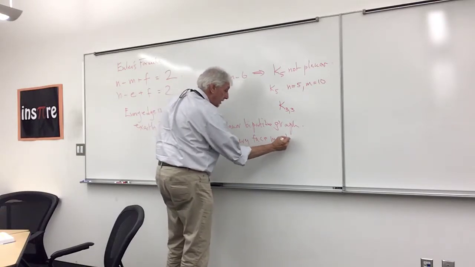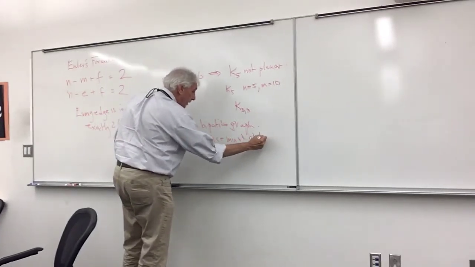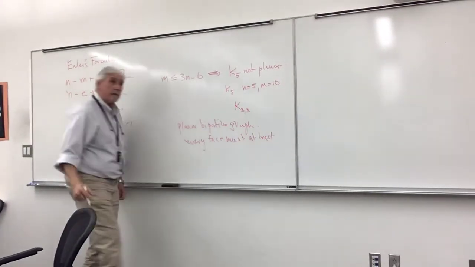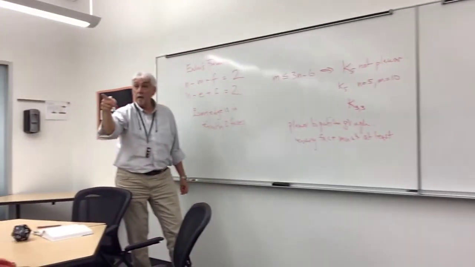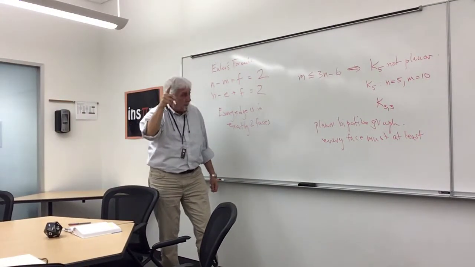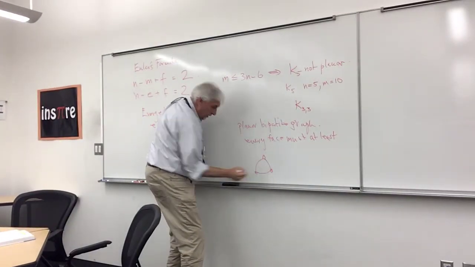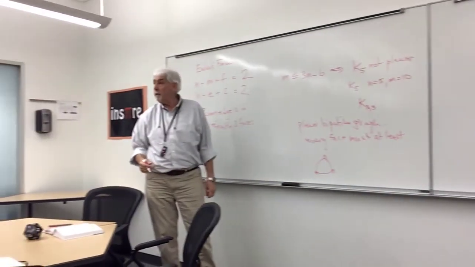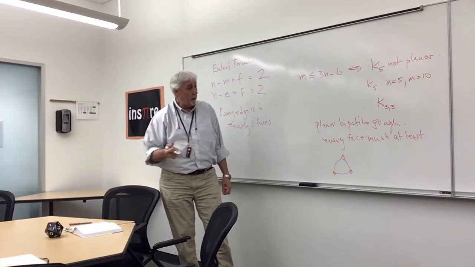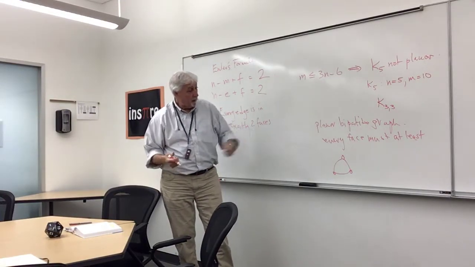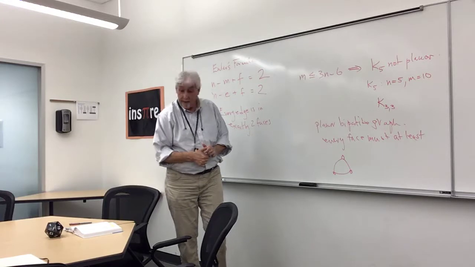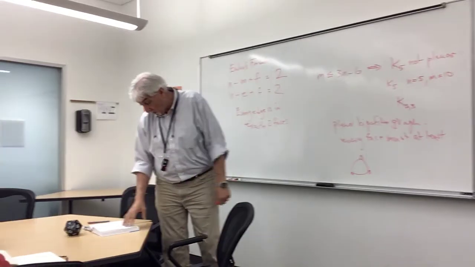Must have how many edges, at least? 3. 4. Oh, 4. Why 4? Because it's bipartite. So if I had a face that had 3, what's wrong with that? It's an odd cycle. Bipartite graphs don't have odd cycles, so we know that every face must have 4, and therefore we get